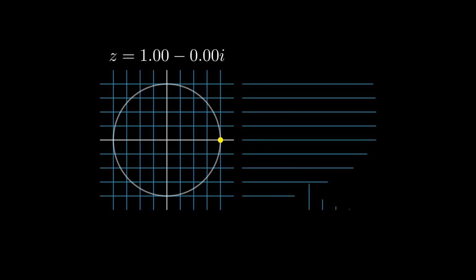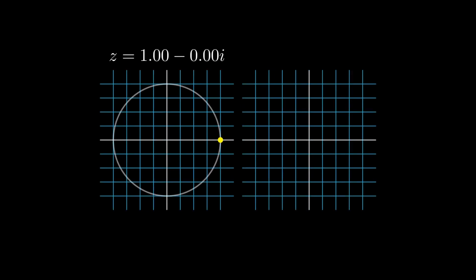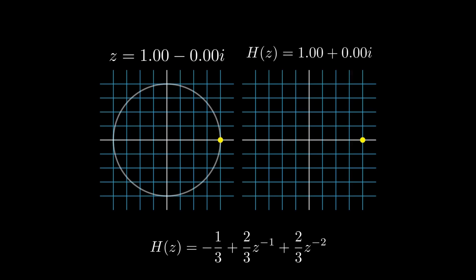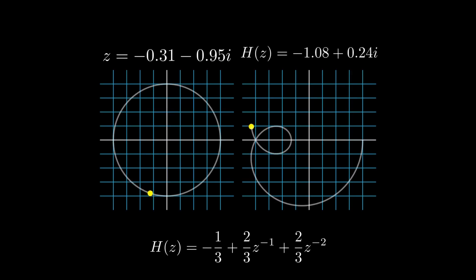The output of the transfer function is also a two-dimensional number in the complex plane, but it has a different meaning than the input Z value. Let's consider the example transfer function below. Here we are tracing the output of the transfer function as we move the Z values along the unit circle.